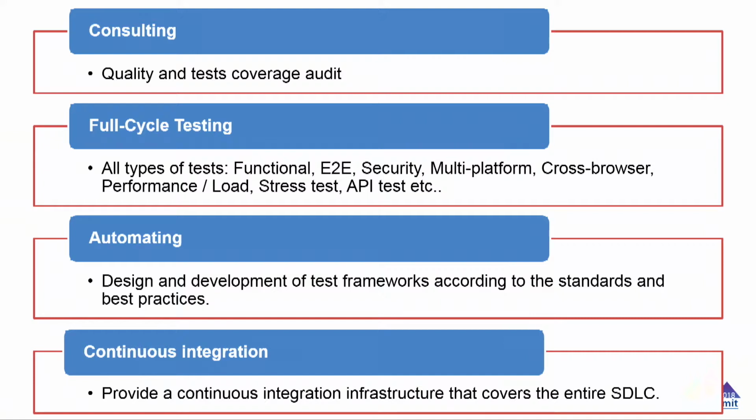We can also work on full cycle testing services for all functional and non-functional tests that I presented earlier. So here it's helpful when you want to validate your application at a given moment, for one shot. But if you want to do this regularly, as I said, we can help you also with automating those tests. And this, of course, will help you to save costs and resources. And finally, we can work on continuous integration platforms for web and mobile applications to help you with better management of your developments.